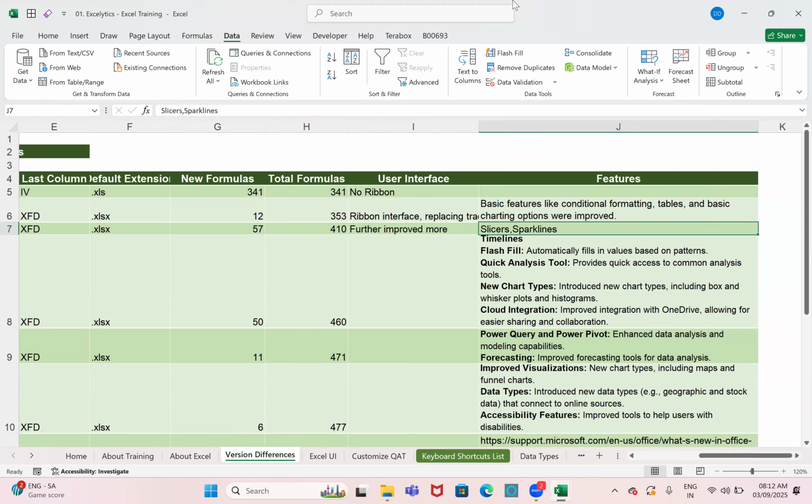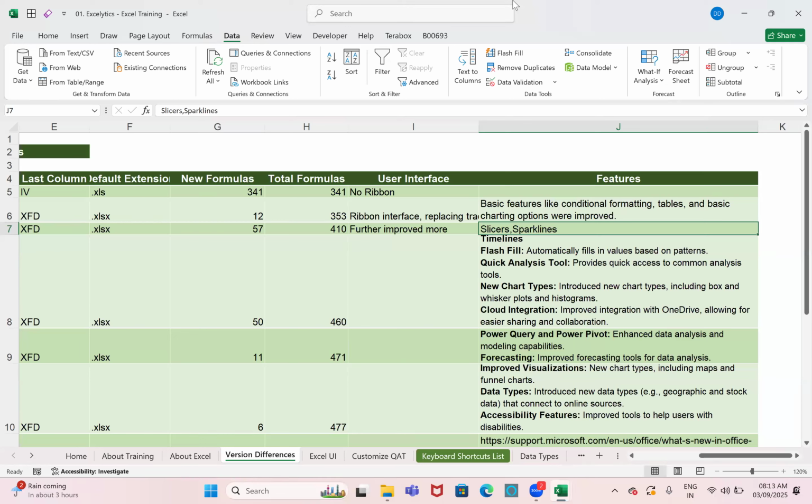Slicers I already showed you yesterday. What is a slicer? It's just like a filter. So when you select that, it will apply the filter in the table, pivot tables, dashboard reports, all. Okay.